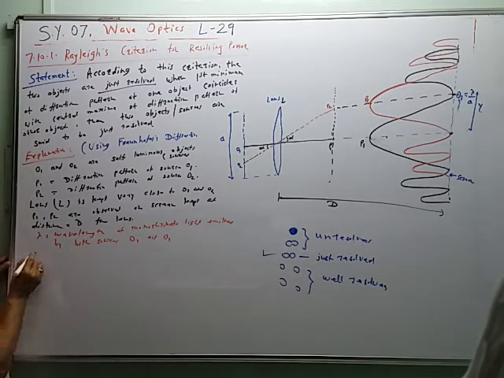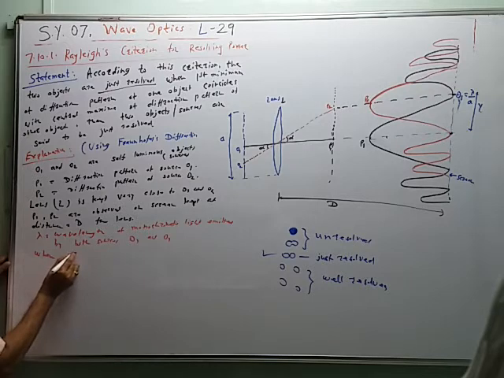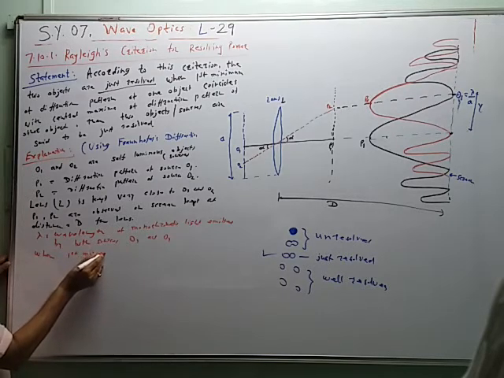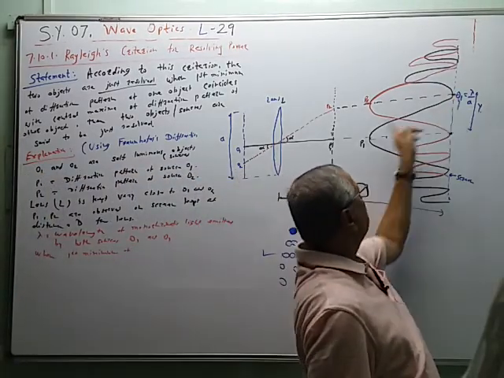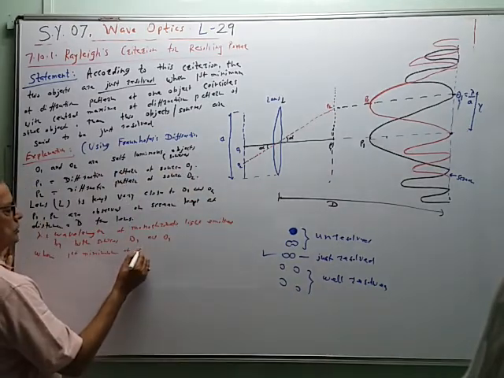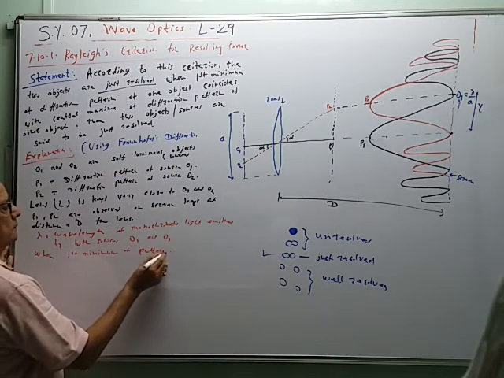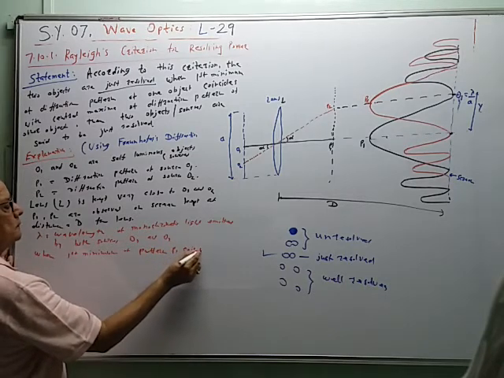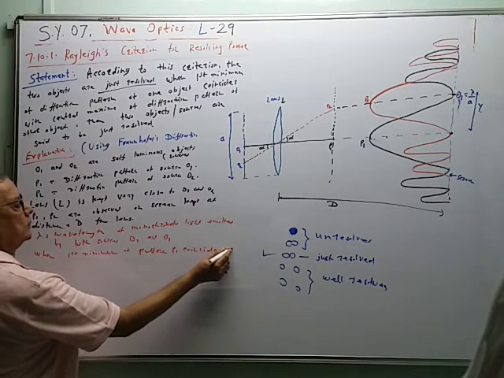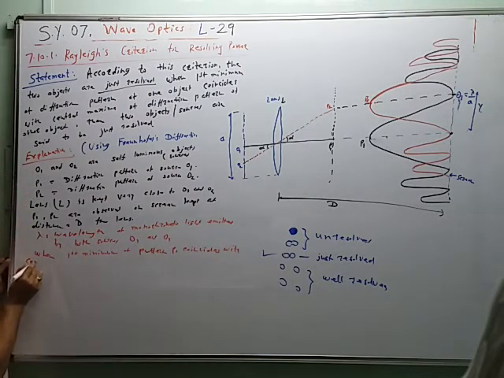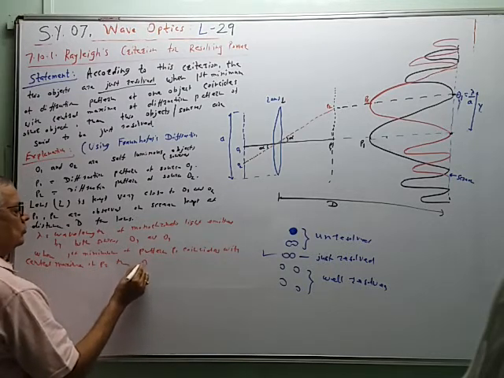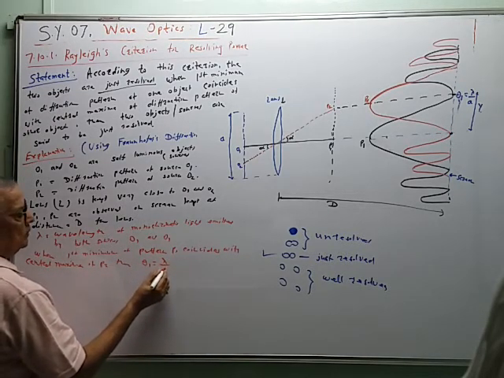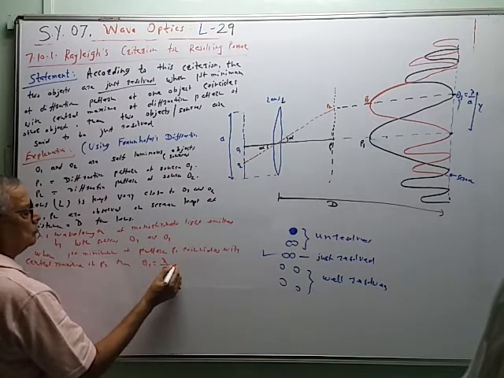So when the first minimum of pattern P1 coincides with the central maxima of P2, then θ1 is equal to lambda upon e, which is equal to